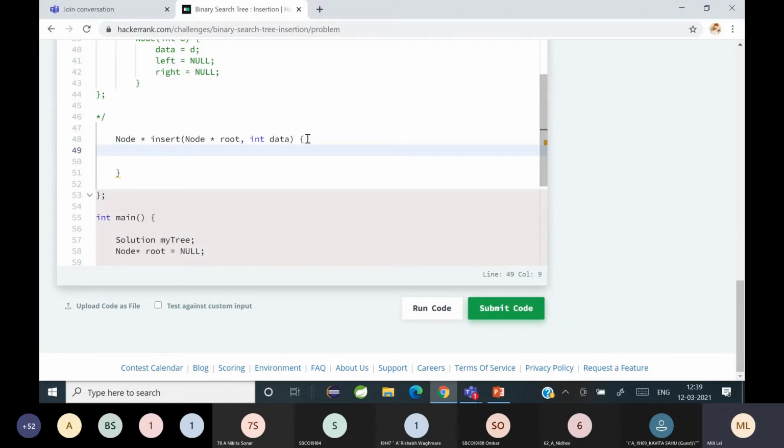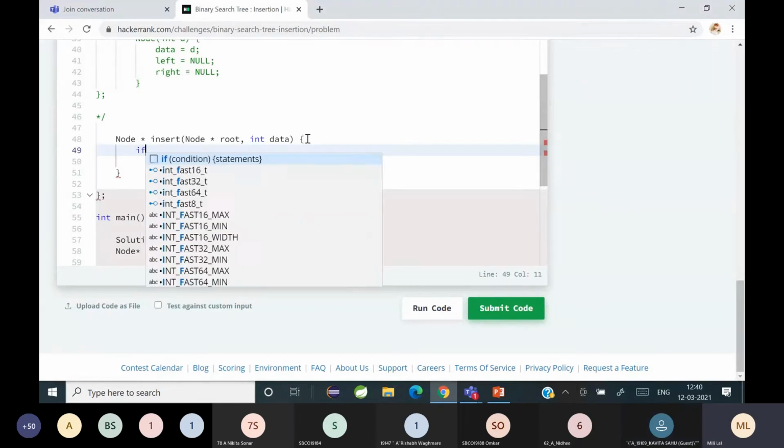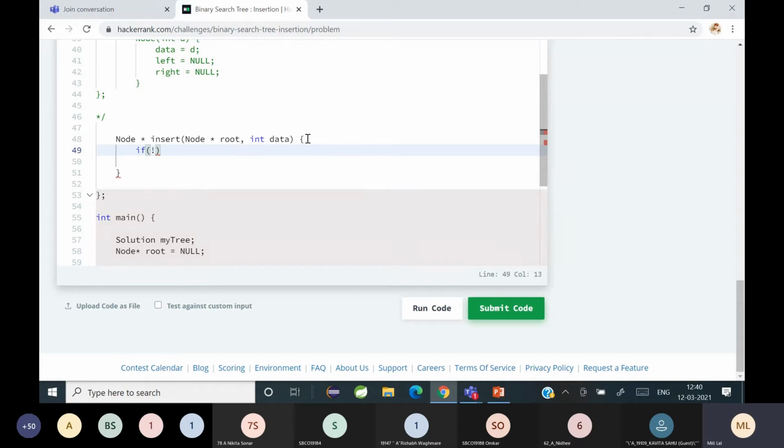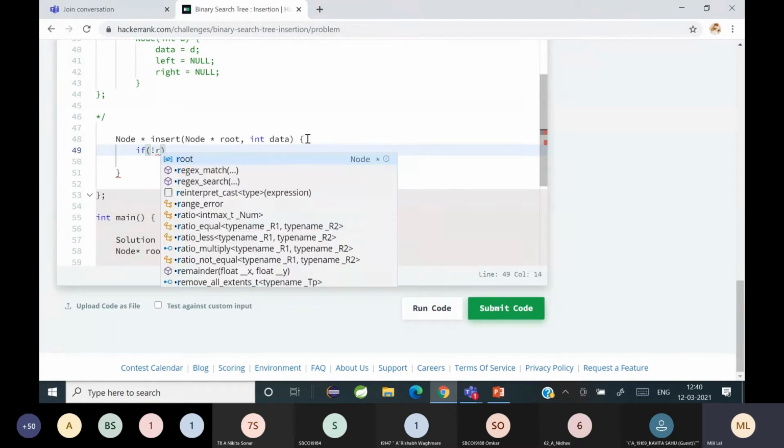First we'll check whether the root is equal to null, then get a new node, and afterward we'll compare the data: if it is less, go to the left node, or if greater, go to the right node, and insert accordingly. Yes. So you type it like this. Don't use your own variables; they have already given you the variable.